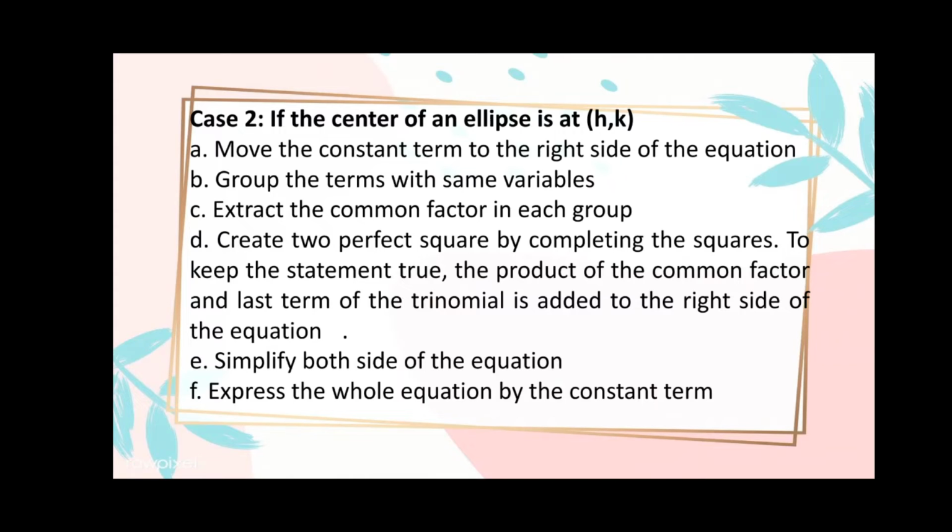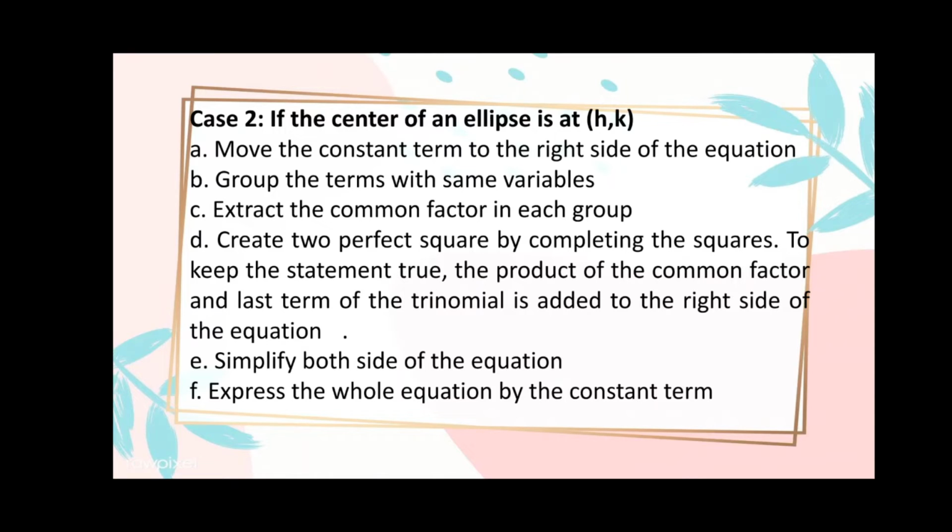Third is to extract the common factor in each group. Fourth is for you to create the two perfect squares by completing the squares. Remember that we already discussed, or you already know, how to complete the squares of a given polynomial. Next is to keep this statement true: the product of the common factor and the last term of the trinomial is added to the right side of